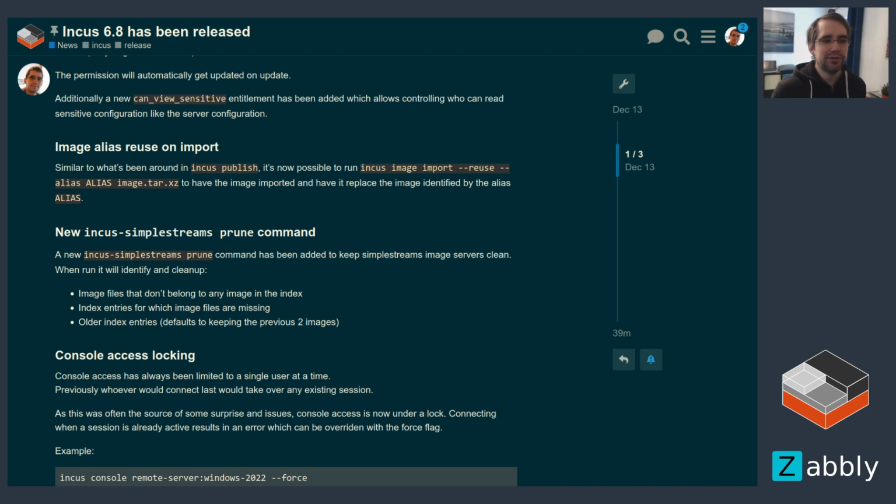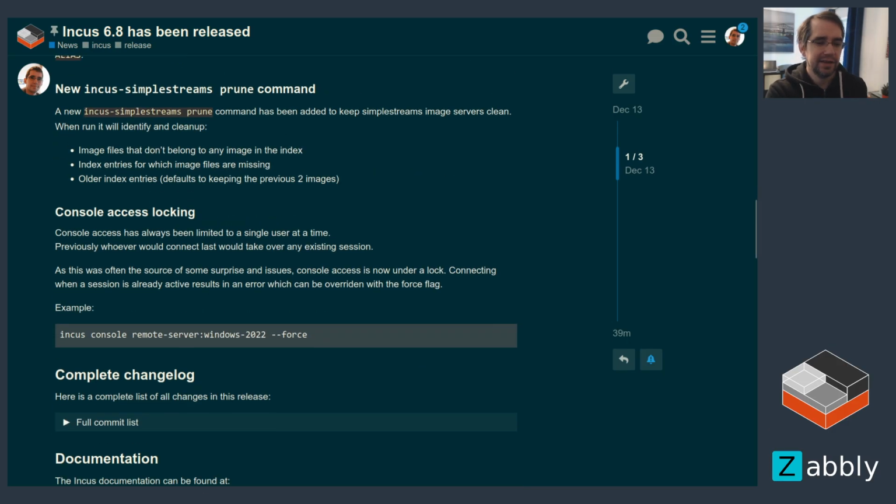There's a dry run mode that you should probably be using to actually see what it would delete. Then if that makes sense, you can run it again. It will actually go in and perform the deletion. And one last thing, which is not really a new feature so much as a change in behavior that was